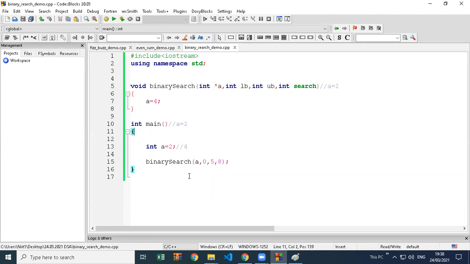So we use this concept because in main when I pass the array, it was unsorted. When the array gets sorted there, we can directly print in main function because both arrays are connected. If that array gets sorted in the binary search one, here also we can use it.